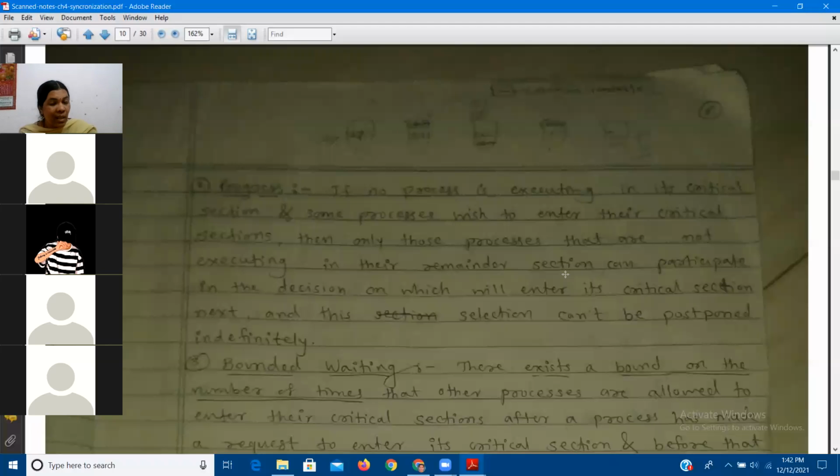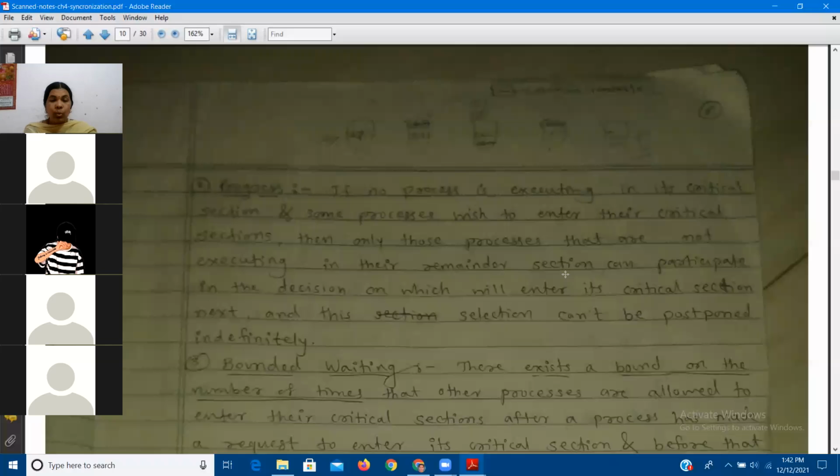So in the exit section, if a process is there, it can come back to the critical section, because yet it has not totally executed the exit section. Once it has executed the exit section totally, it indicates that it goes to the reminder section, right? But if it is inside the exit section, it still has a chance to enter the critical section once again. And once it executes the exit section, then it goes to the reminder section. Got it? So the processes which are not in the reminder section are able to participate.